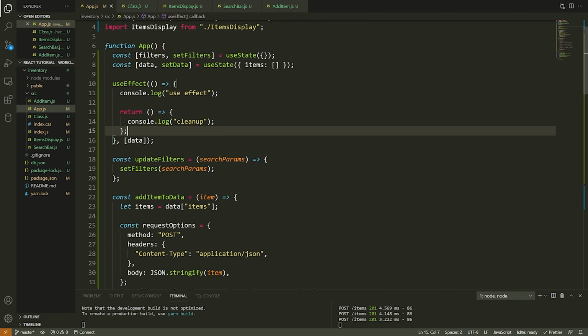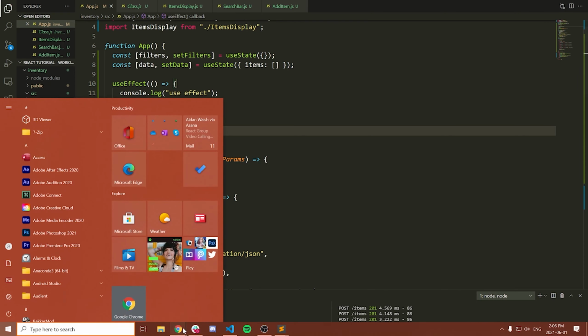So if we were to say subscribe to a video feed here, and then here we're unsubscribing from the video feed, what would happen is we would resubscribe to the video feed the next time this ran. And if we didn't have this cleanup operation, we would just keep subscribing to it a ton of times every single time this thing runs. So what we want to do instead is subscribe to the video feed and then unsubscribe from the other video feed that we had subscribed to. So hopefully that kind of makes sense.